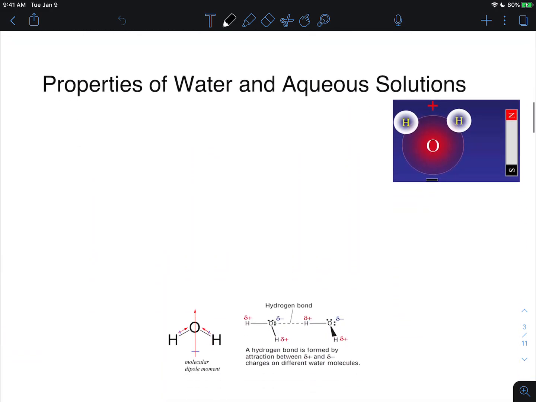So let's start with a quick overview of what the properties of water are. So water is polar. Again, just a reiteration from the last video, polar substances are going to be able to dissolve other polar substances, and they're going to be able to dissolve ionic substances. So when we have a polar substance, it's going to have a greater